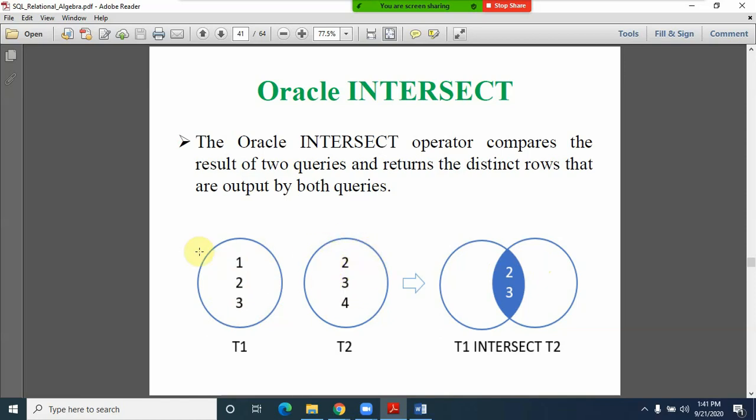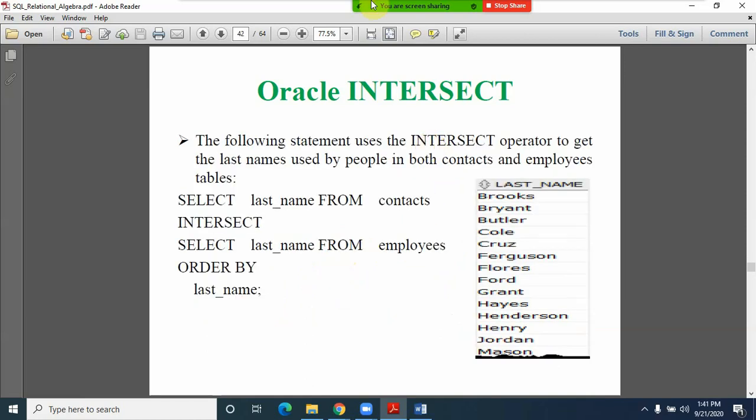So it is just matching the records. Yes, matching records we need, but in the non-repeated mode. That thing you can observe in the intersect. Now you can see here the example. The following statement uses the intersect operator to get the last names used by people in both the contacts and employees tables. So you can observe here, friends.